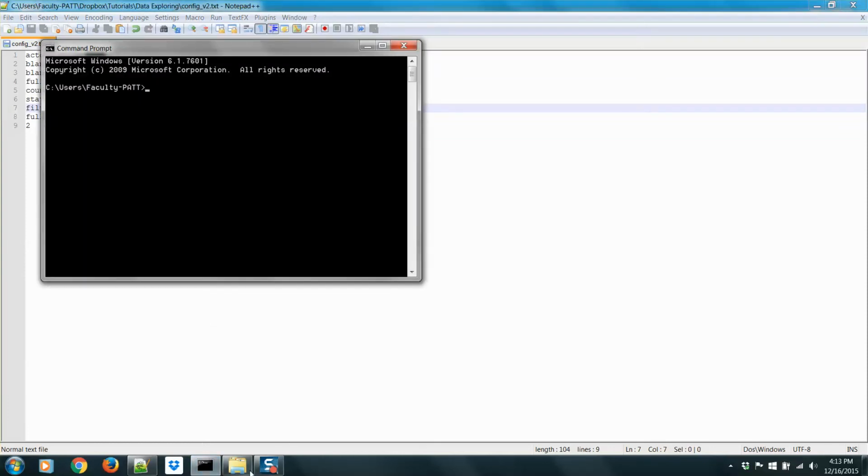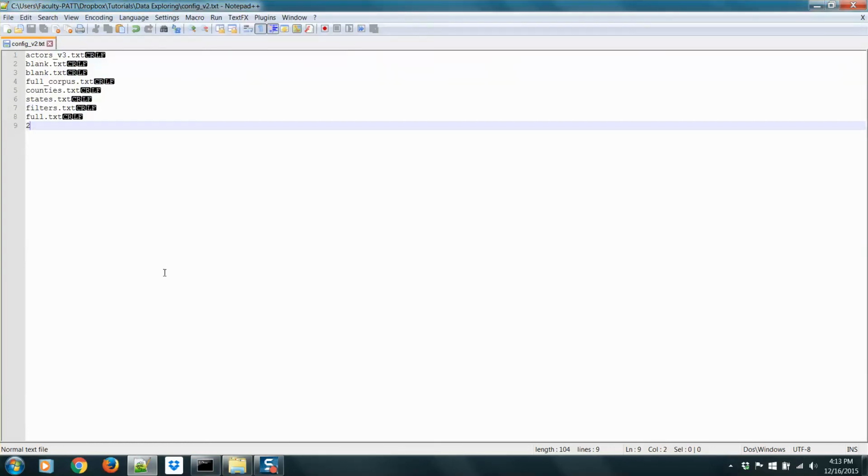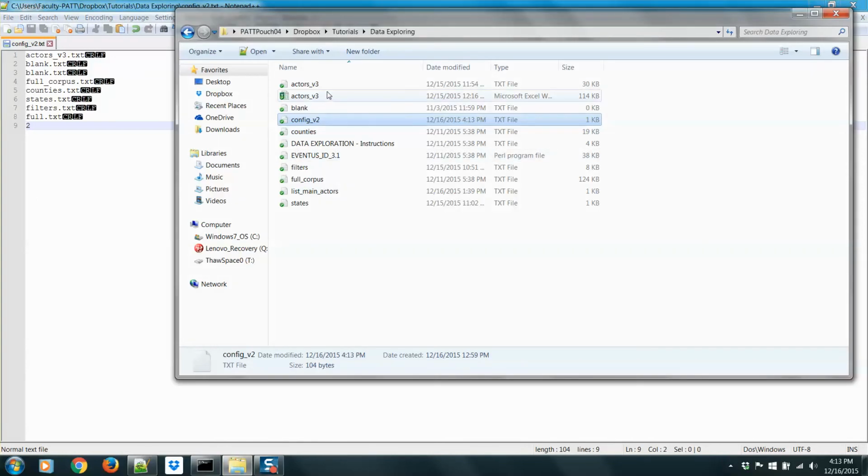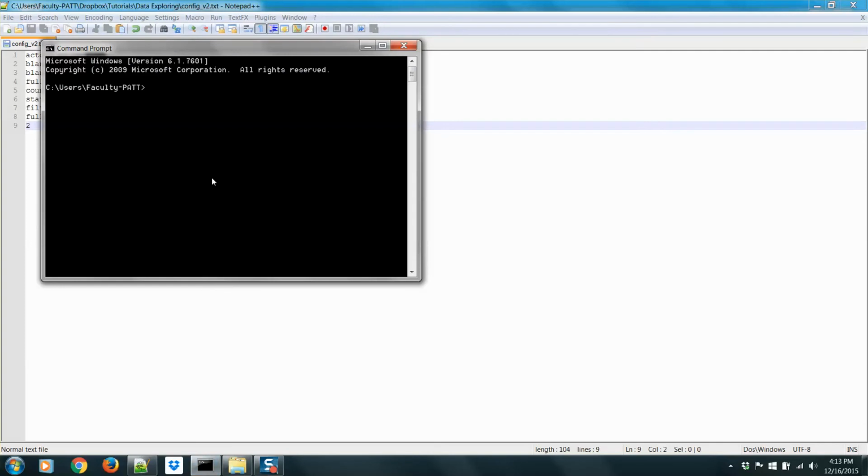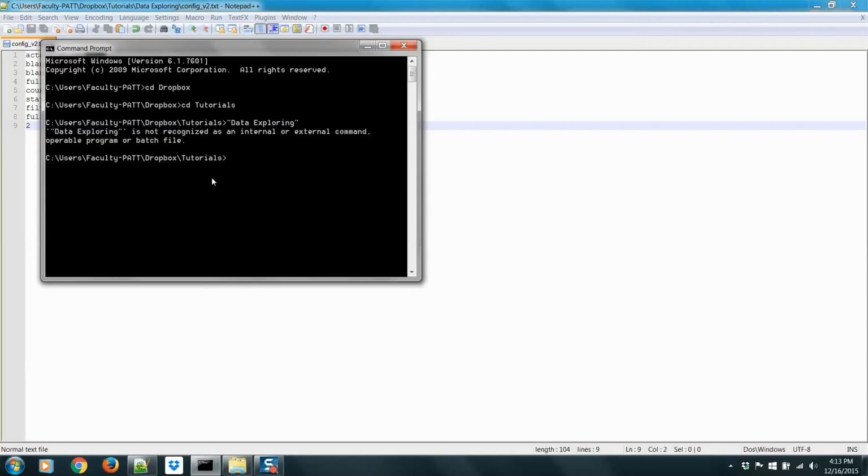Now you're ready to run Eventus after you make sure that the names inside the configuration file match the names inside the folder in Eventus. So make sure that these names match. Once you're sure that they all match, you're going to look for the folder that contains these files and the Eventus software. Once you're inside the folder,